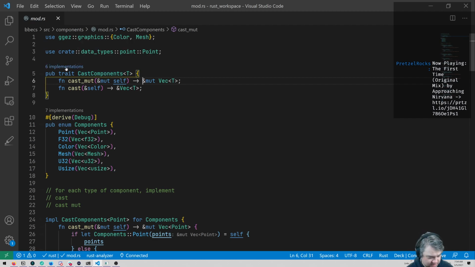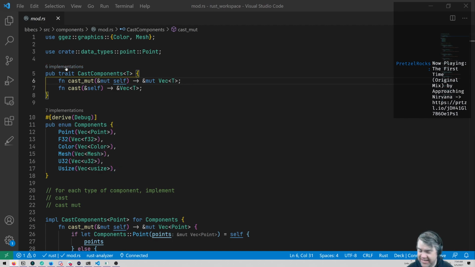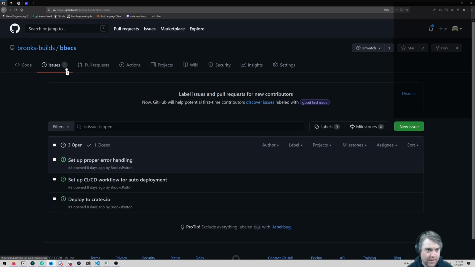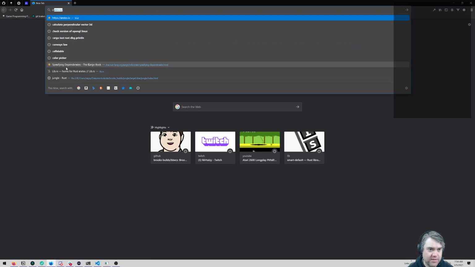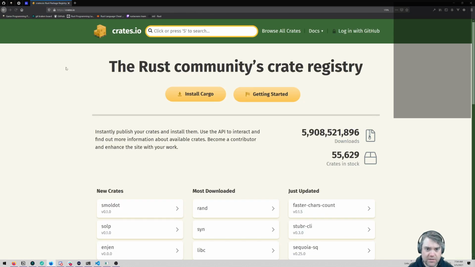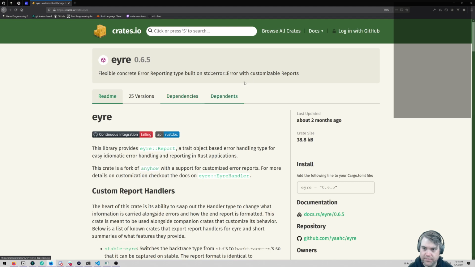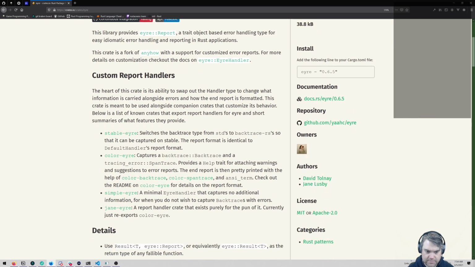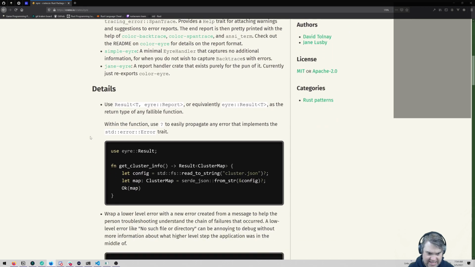So in order to do that, we're going to have to go look at crates for creating these errors. My favorite right now is thiserror, but I always have to remember exactly how to use it.